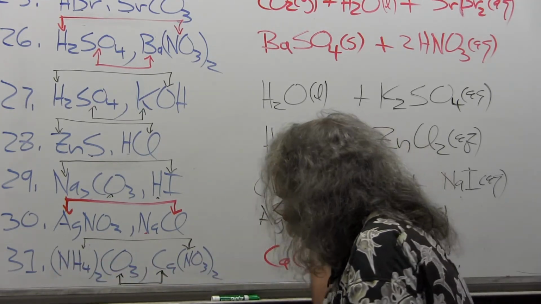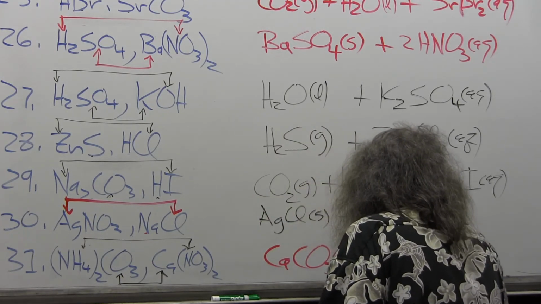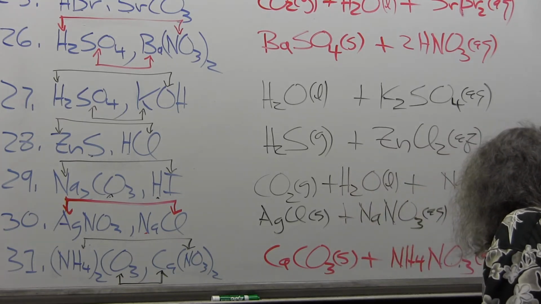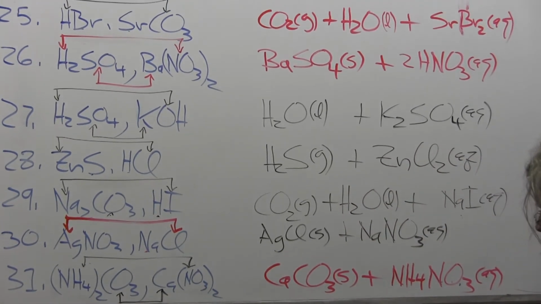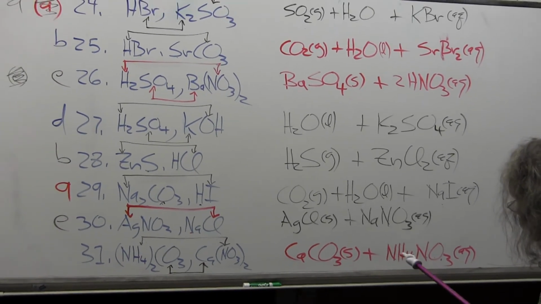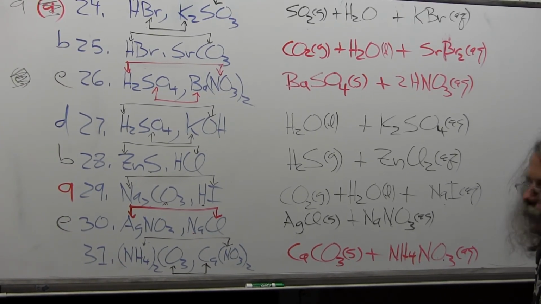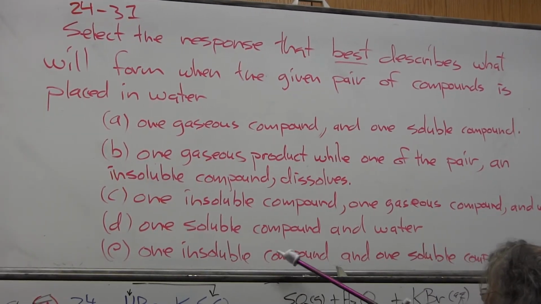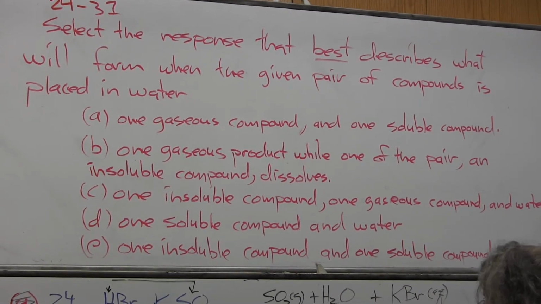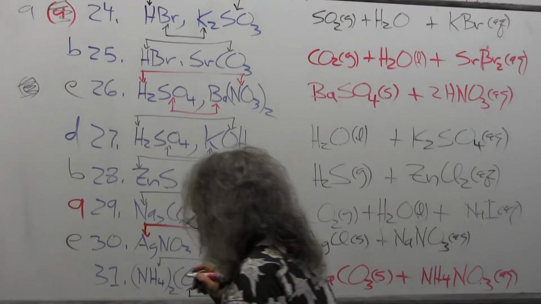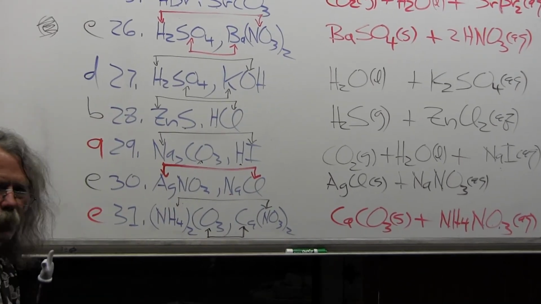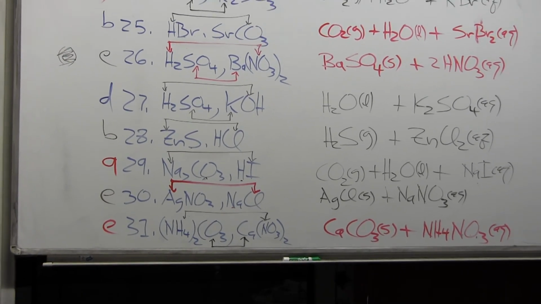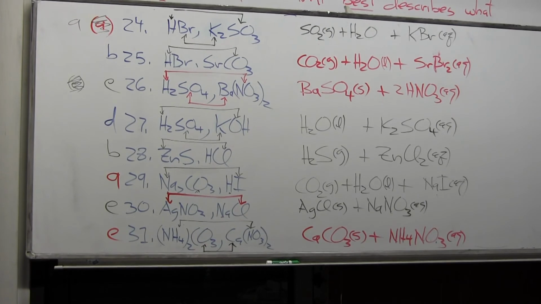It's soluble, rule number 1 and 2, plus ammonium nitrate, and that's aqueous. So that means I've got one insoluble compound and one soluble. And that was option, I believe, E. So fill in the E bubble on the Scantron and make a hard copy E on the test. Get a duplicate record, and that is